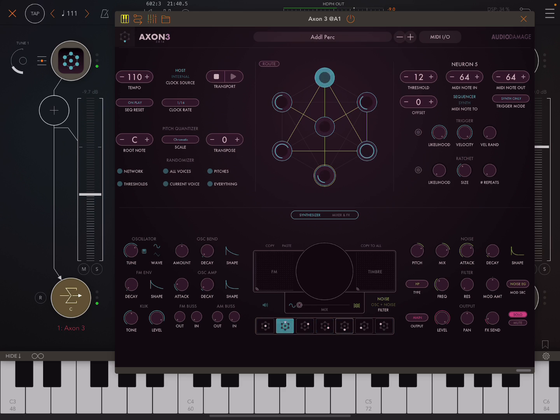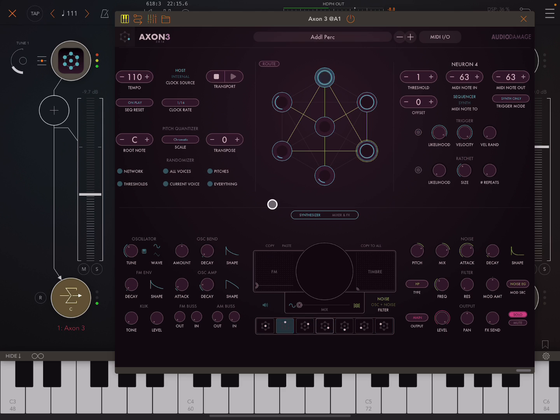So I'm just soloing some of these, trying to find out what's what. Okay, so let's just solo this